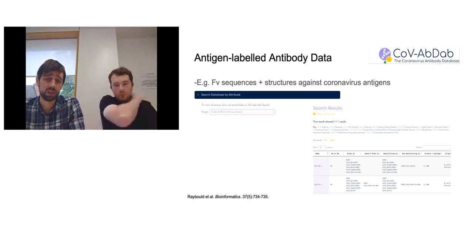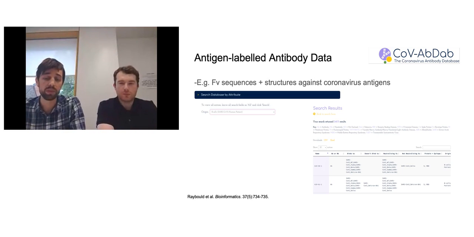But increasingly, another source of raw data that we have access to is labeled antibody data. I've shown here an example of a database we curate in our lab, the Coronavirus Antibody Database. Here we have the mappings between these Fv sequences, and sometimes structures, against particular pathogens that we know they can engage. A lot of this data comes from repertoires now, from analysis campaigns that we can increasingly avail of in our analyses.